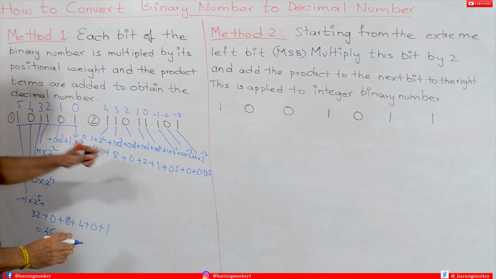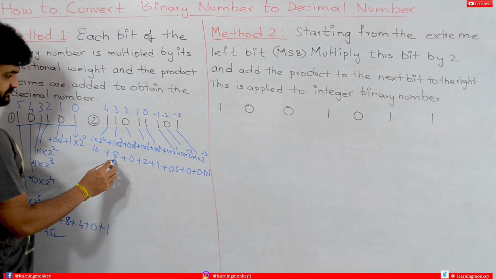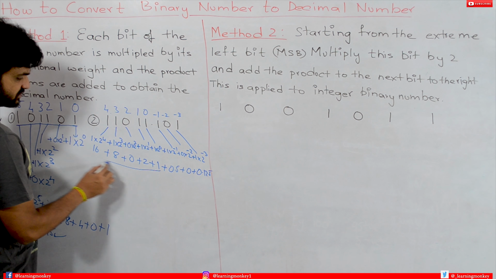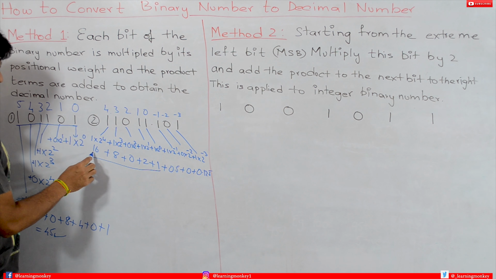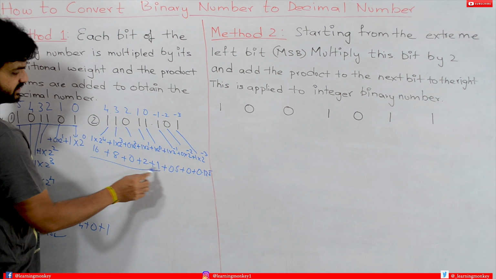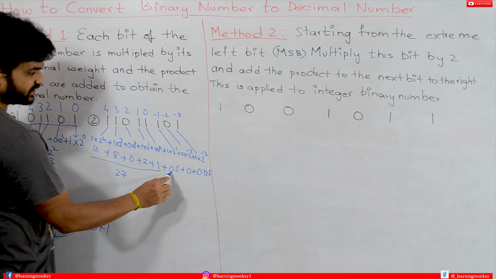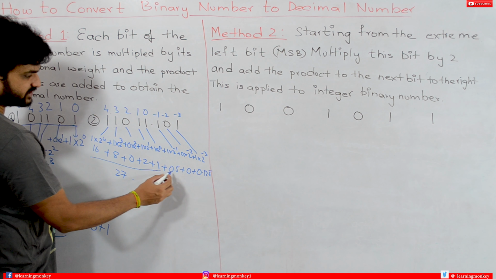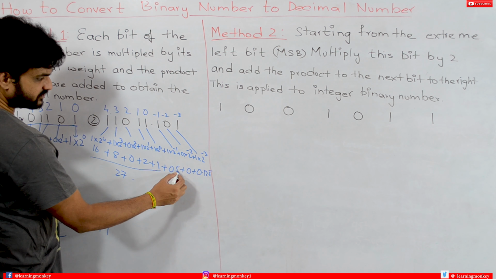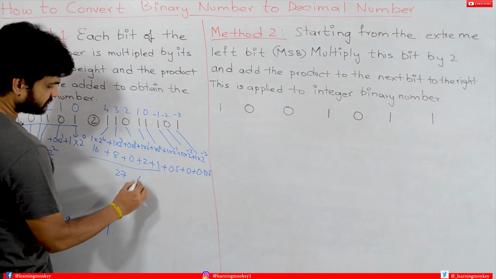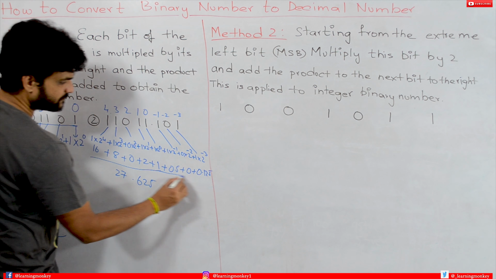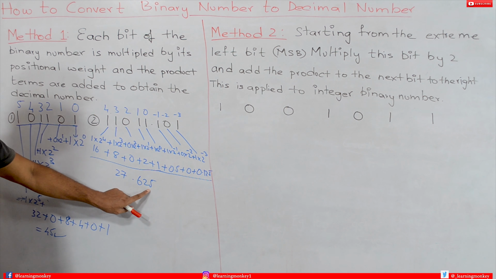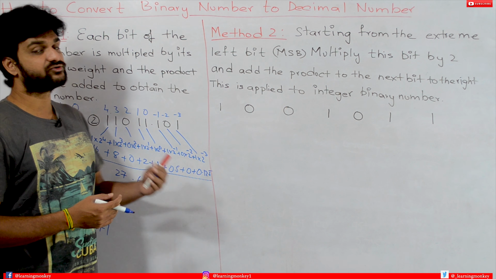Okay, so now sum up all these things. It is 16 plus 8. So first find the sum of integer values. 16 plus 8, 24, 24 plus 3, it is 27. What is the sum of all these values? The fractional values sum to 0.5 plus 0.125, it is 0.625. Okay, if you sum all these values, we are going to get 27.625.